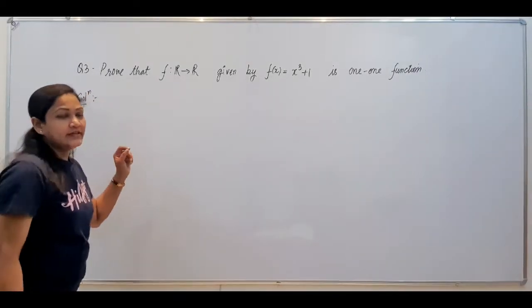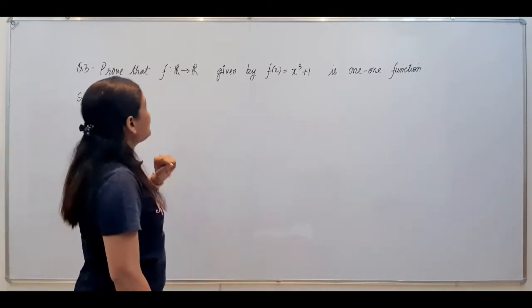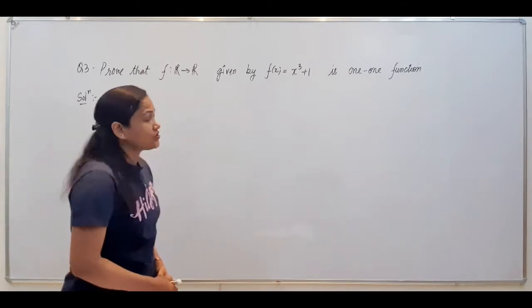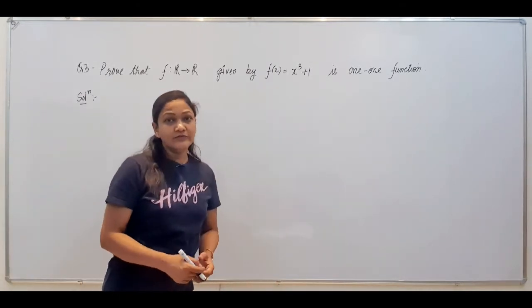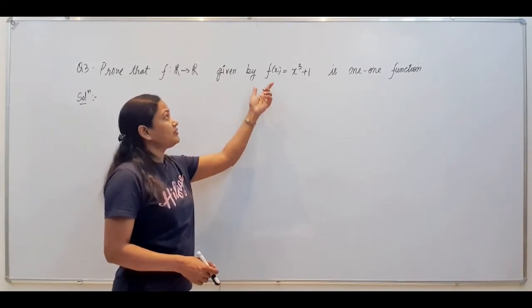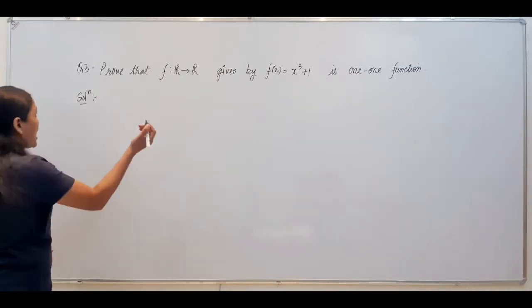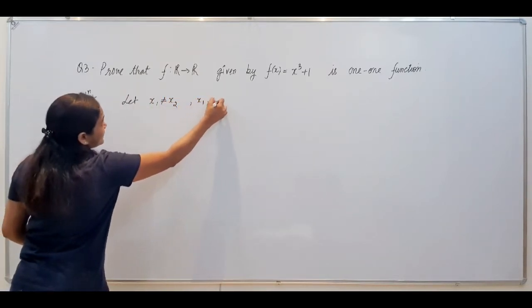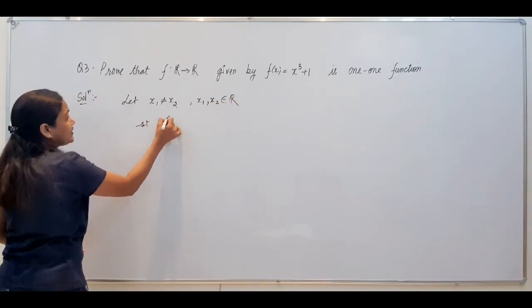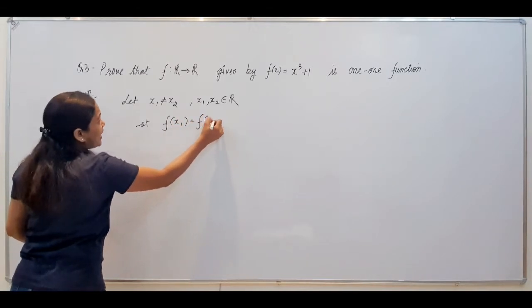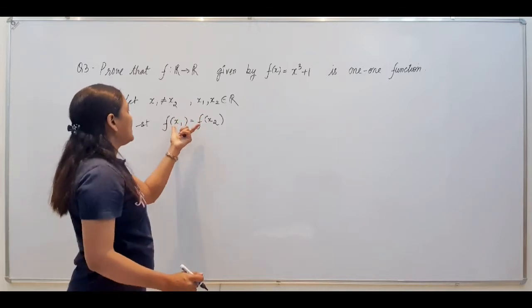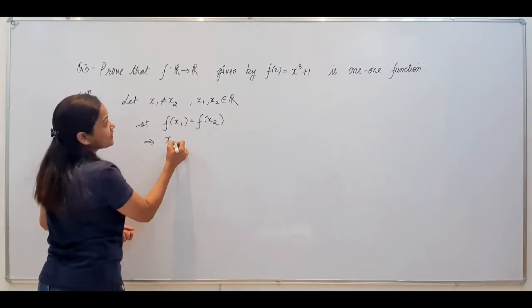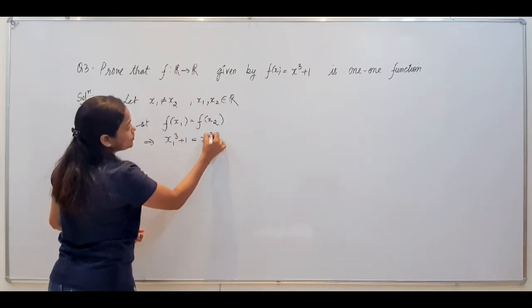In the counter question of 3, you are given that prove that f is a function from R, real numbers, to real numbers given by f(x) is defined as x cube plus 1 is a 1-1 function. तो एक function को 1-1 prove करने के लिए you have to show that every element of domain have different images in their codomain. आप ये suppose कर लो कि x1 and x2 are two different points in the domain of f such that their images are equal. तो आपको basically इस case में ये दिखाना है कि the two points are also equal, x1 is also equal to x2. तो अगर images equal हैं तो x1 cube plus 1 is equals to x2 cube plus 1.